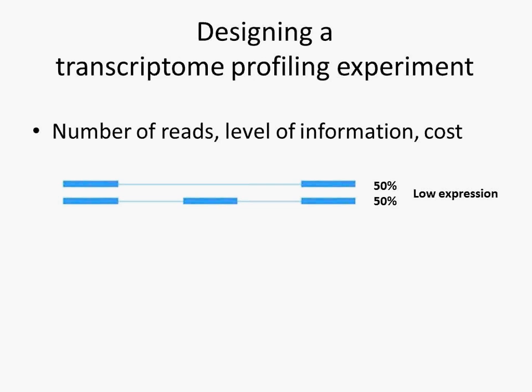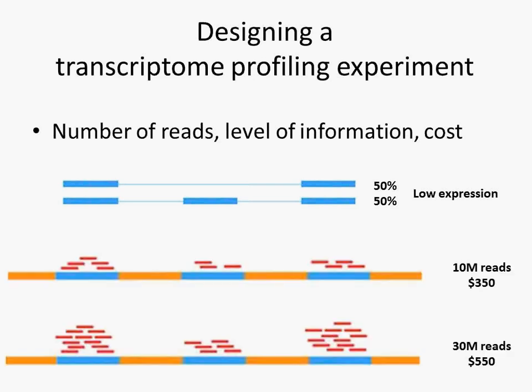So how do we design a transcriptome profiling experiment? There are 3 parameters that should be taken into account: the number of reads that we need, the level of information that we want to obtain, and the cost. I am taking the example of a simple 3-exon gene that has low expression and an equal amount of 2 of the isoforms expressed. With 10 million reads generated for a cost of $350 through the PCBC core,